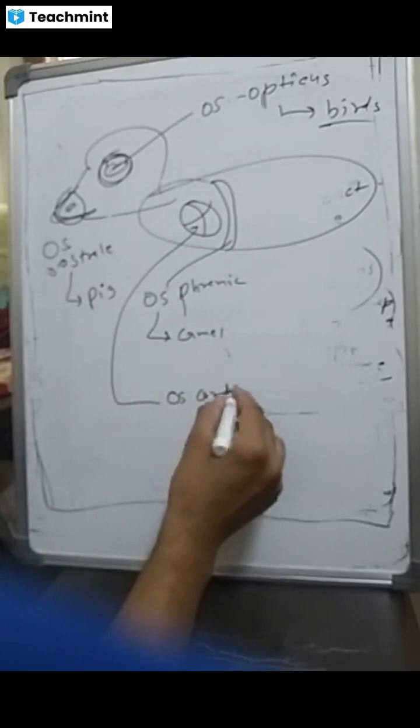One MCQ: no medullary cavity. Number one,